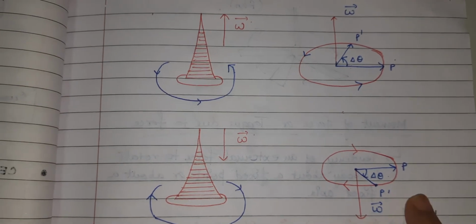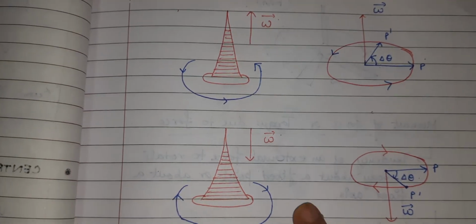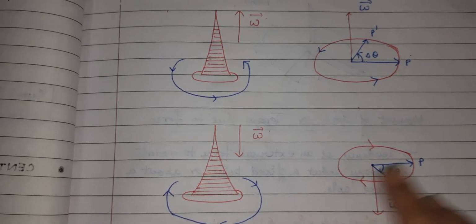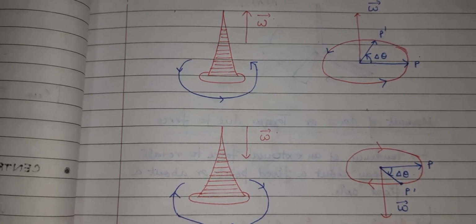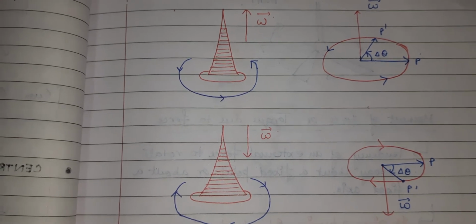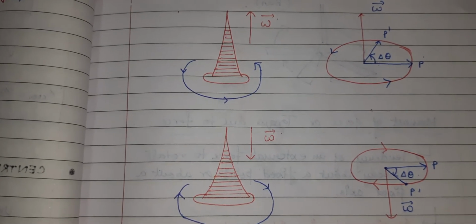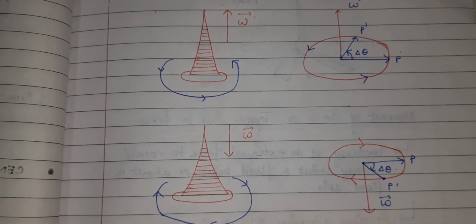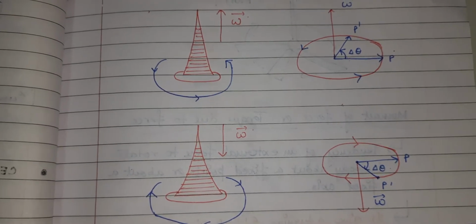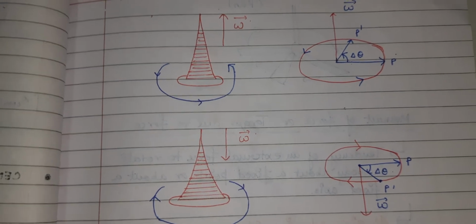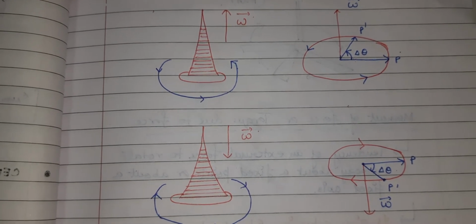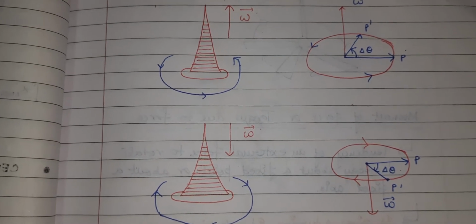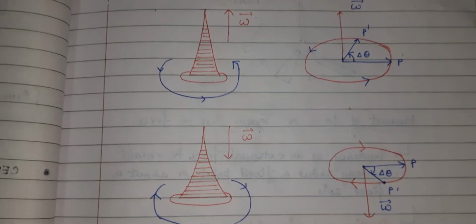So for clockwise rotation, always remember the direction of the angular velocity, that is omega, is along the axis of rotation and it is directed downwards, which means our screw will come out of the plane. Wherever our screw will move, that will be the direction of the omega. This direction can be given by the right hand screw rule, which means you use your right hand, and the direction of the screw will give you the direction of the omega. So this is all about the relation between the angular velocity and the linear velocity concept.